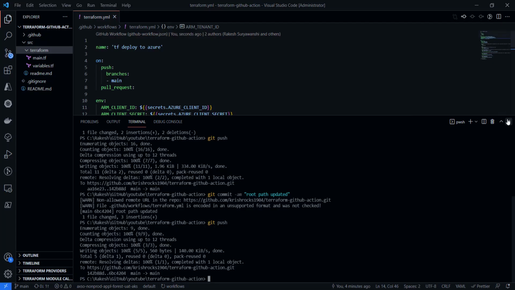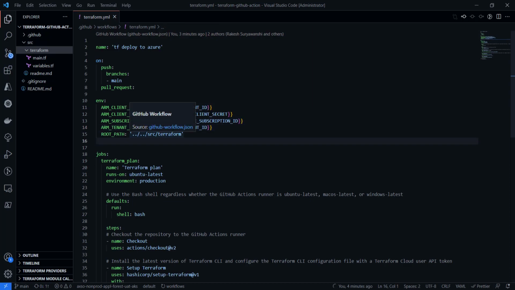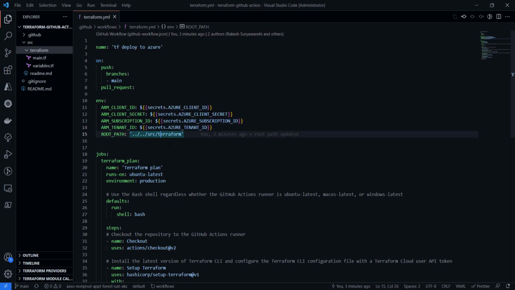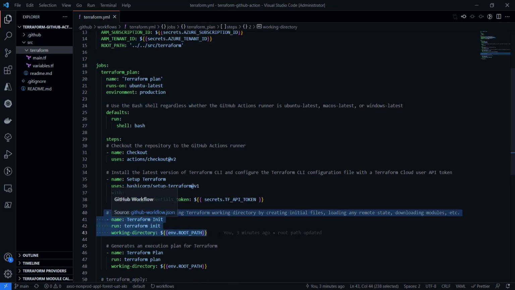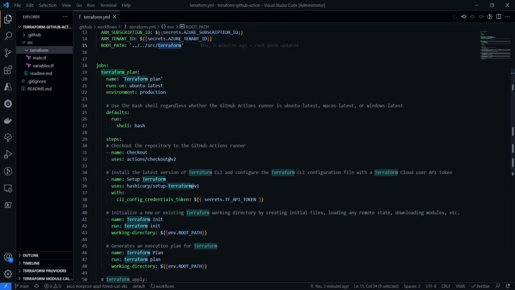So if you look here, we are saying whatever is the current path you are in, whichever current path this particular command is running in, we would like to go two levels up, and then we want to find the src and the Terraform directory from there. So it might not be possible that from the current directory, two levels up, it will find that particular directory. So to get the exact location of the path where this particular source code repository